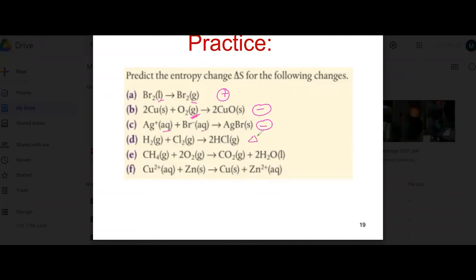D, delta S will be 0 since there are two gas molecules on the left side and two gas molecules on the right side, 2 and 2, so entropy will not change. E, negative. Why? Because there are two gas molecules on the left but only one on the right, so more ordered. So negative. F, delta S will be 0 since aqueous to solid, solid to aqueous, so balanced, right? So there will be no change, so the entropy change is 0. Okay,